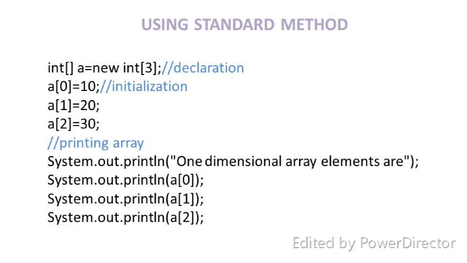There are two general methods of storing values in the array locations: the standard method and another method using the Scanner class. Let us have a look at the standard method. Observe the code snippet on the screen. We directly assign the values to each subscript. This is manageable if the number of locations allocated to the array is very small. However, this type of declaration is very difficult to manage in case we encounter a large sized array. In that case, we would recommend the use of the Scanner class.